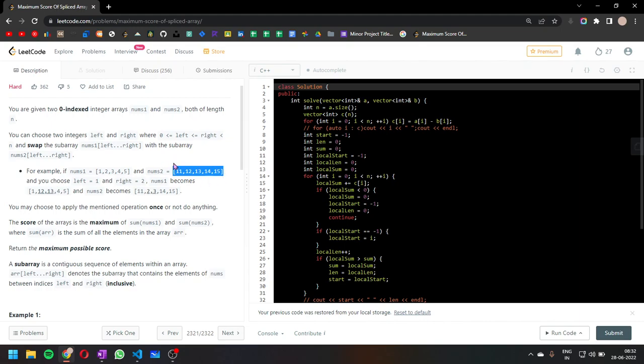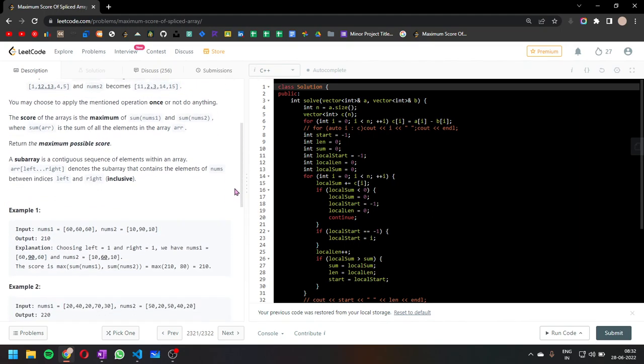I have to swap a continuous subarray. So let's say I am swapping 12 13 with 2 3 from the second array. After these two elements swap, the arrays will become something like this.